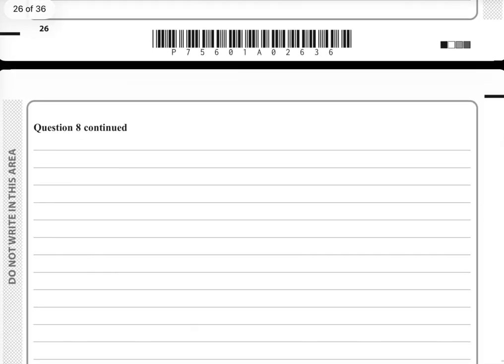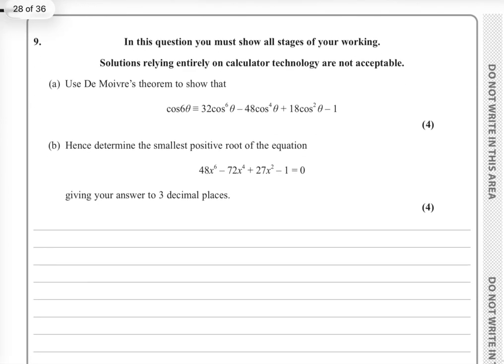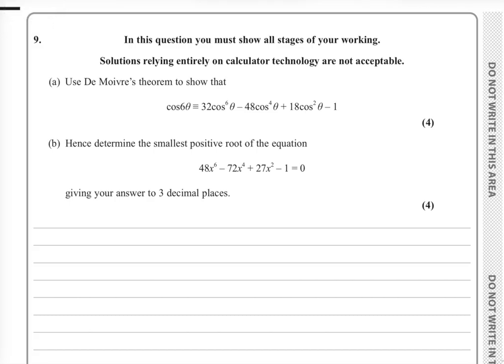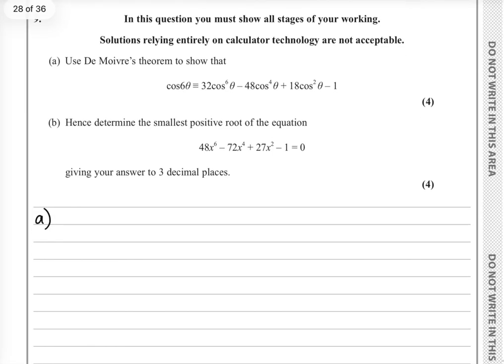Question 8 finished, and usually that's the end of the paper, but here we've got to question 9. Use de Moivre's theorem to show that cos 6 theta is equal to that horrible looking thing. This is going to take some time, but it's a very systematic process. We're using the fact that cos theta plus i sine theta to the power of n, i.e. de Moivre's theorem when the modulus is equal to 1, is the same as cos n theta plus i sine n theta. So if I change that n to a 6,